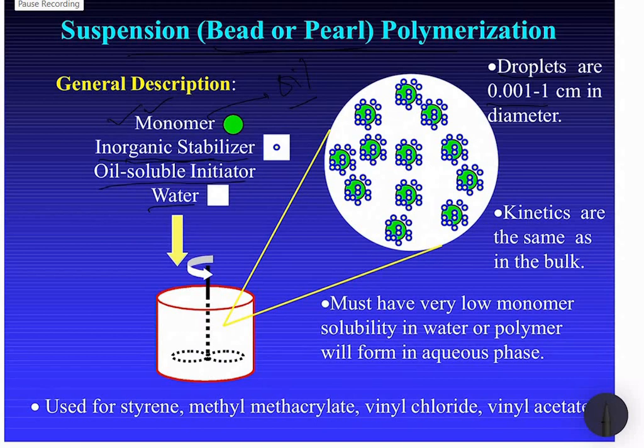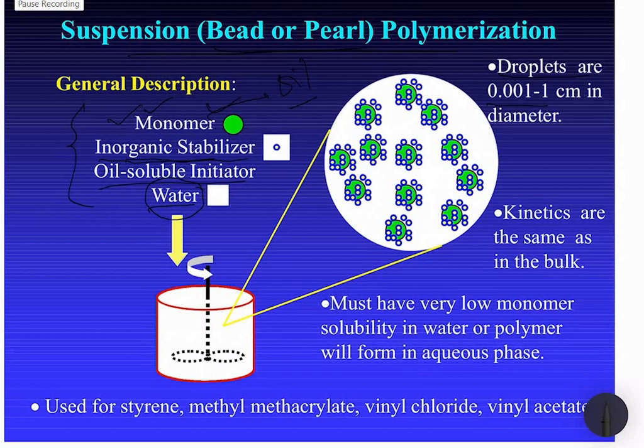The components of suspension polymerization are the monomer, the inorganic stabilizer, which is basically the suspending agent that aids the suspension of the monomer in the dispersion medium, and in most cases the dispersion medium used is water, and the initiator should be oil soluble,